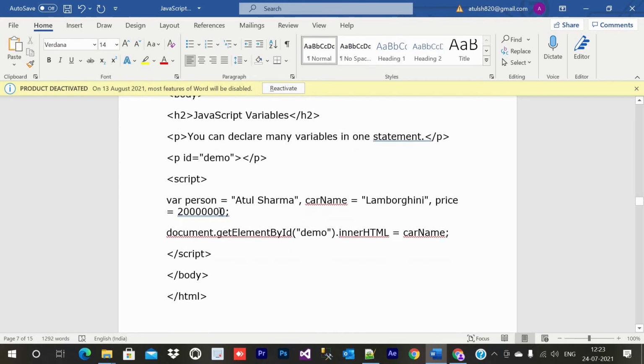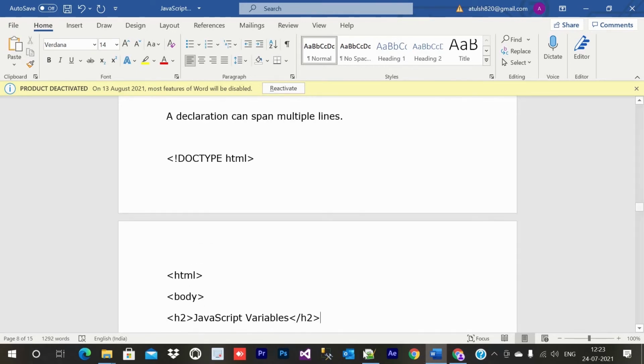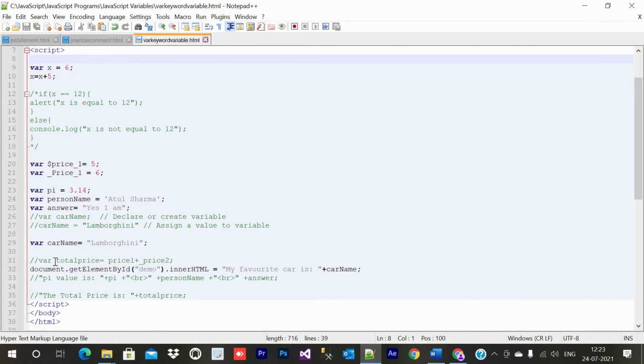So here what is happening, var person equal to whatever we are giving, and carName and price, and here we are just displaying carName. Okay, so in one statement, in one line, we are declaring three variables. So let me just do it for you.